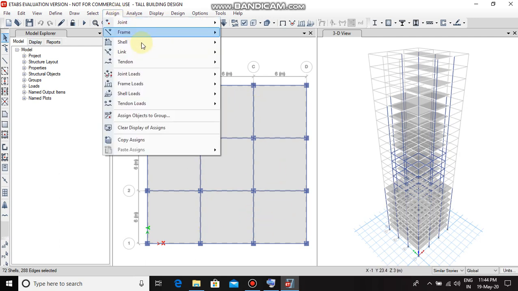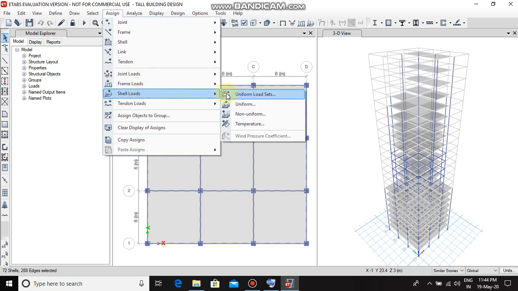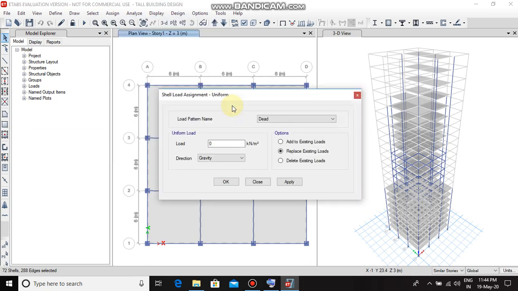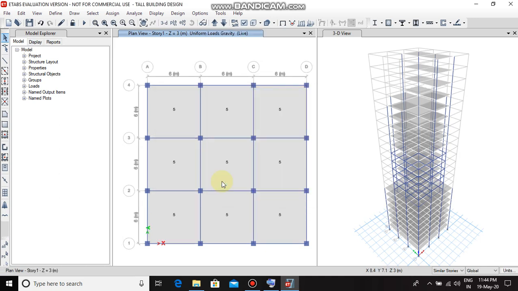Then assign shell load, uniform, live load, live load as 2 kilonewton per meter square. No, sorry, it's 5 kilonewton per meter square. Apply, then OK.